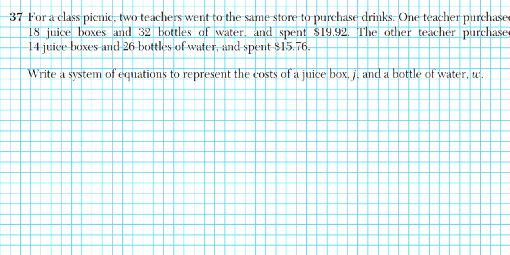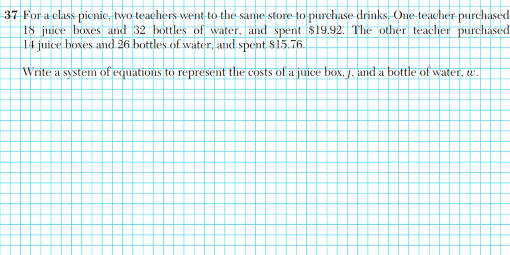Alright, let's take a look at question 37. It reads, for a class picnic, two teachers went to the same store to purchase drinks. One teacher purchased 18 juice boxes and 32 bottles of water and spent $19.92. The other teacher purchased 14 juice boxes and 26 bottles of water and spent $15.76. Question: write a system of equations to represent the cost of a juice box J and a bottle of